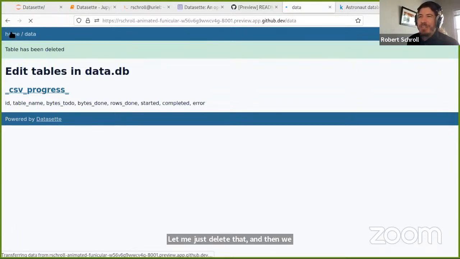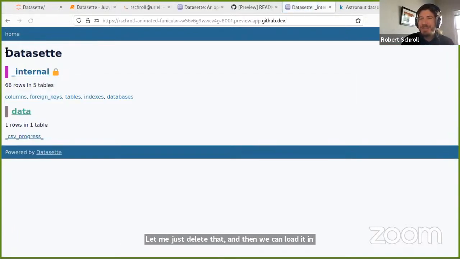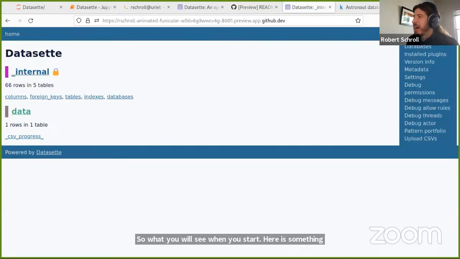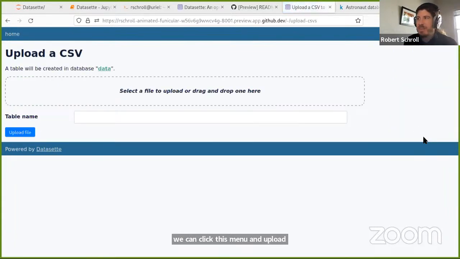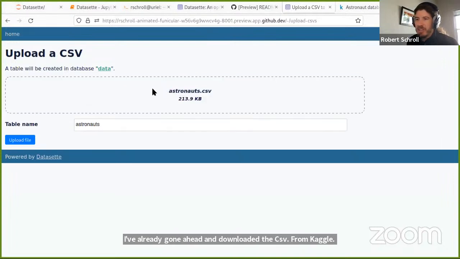So what you will see when you start here is something like this. And then over here on the right-hand side, we can click this menu and upload CSVs. So I've already gone ahead and downloaded the CSV from Kaggle. So I'm just going to drag and drop it in here to upload it.